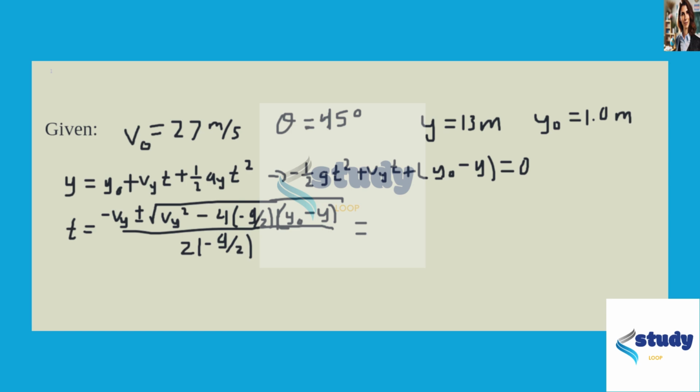Now you plug in the values for v of y, you plug in the value for g, which is 9.8 meters per second squared, you plug in the value for y naught and y, all labeled above. Well, first I realized that we need to calculate v of y. So v of y is equal to v naught times the sine of theta. So 27 meters per second times the sine of 45 degrees, and that's equal to 19.09 meters per second. So now we have everything we need